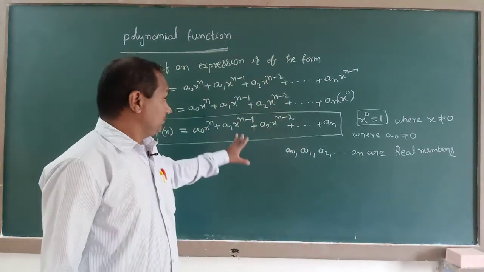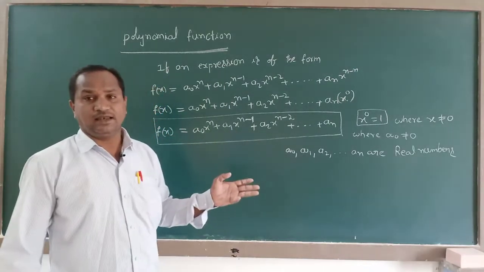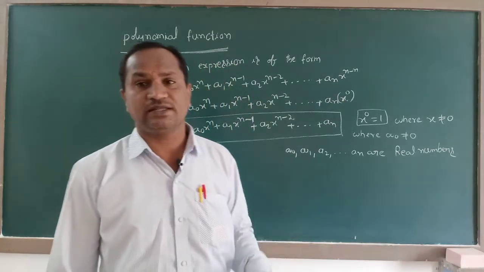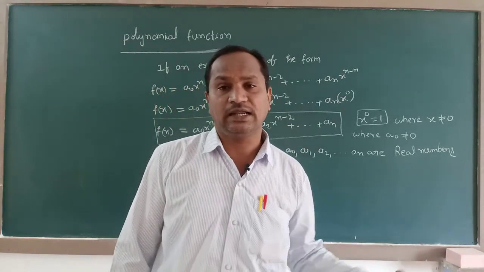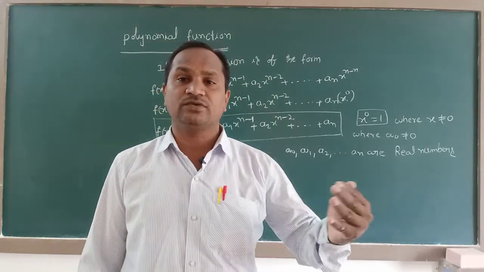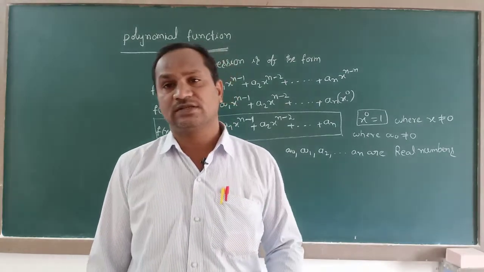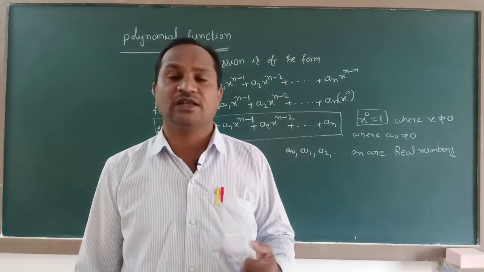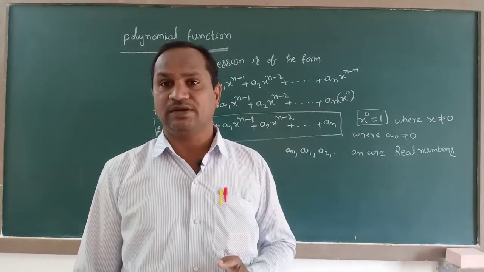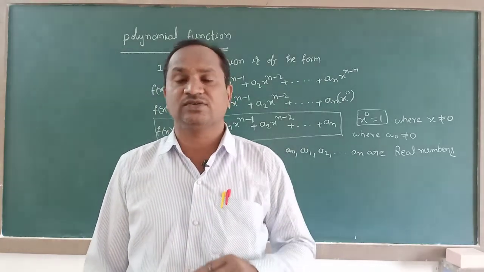Now here, if you can observe, it is a real valued function, which means we can easily tell the domain is the set of all real numbers and the codomain is the set of all real numbers, and the range is also based on the set of all real numbers according to their functions. In the case of quadratic functions, the range is the set of only positive real numbers. In cubic, we get the set of all real numbers. Like that, according to the functions, we get different ranges.